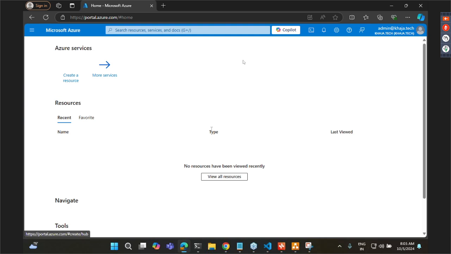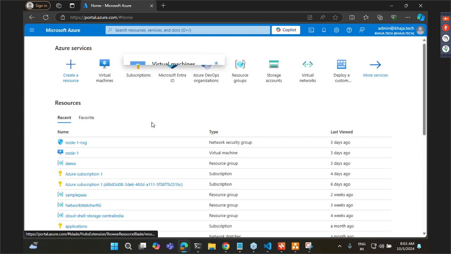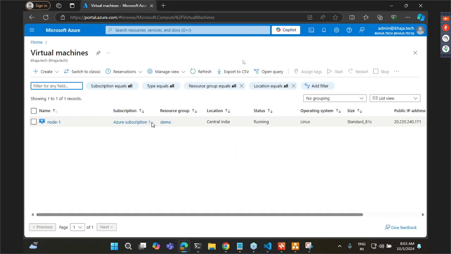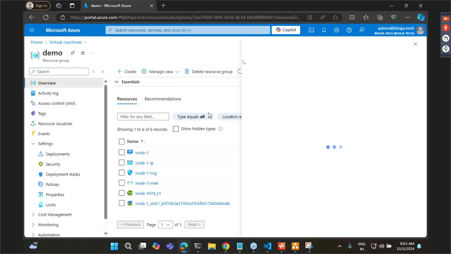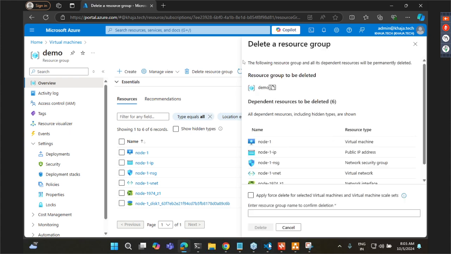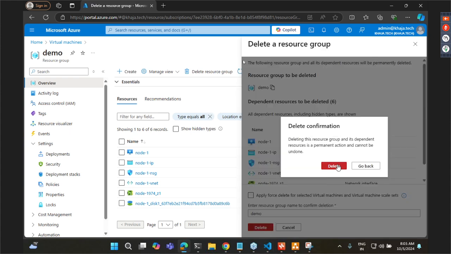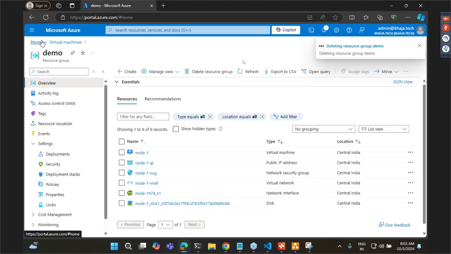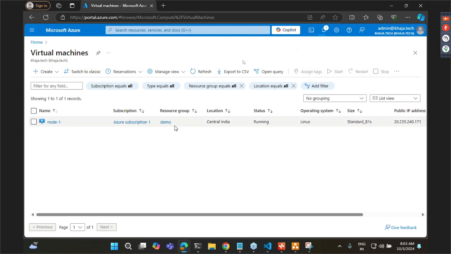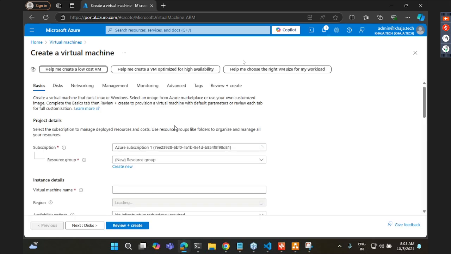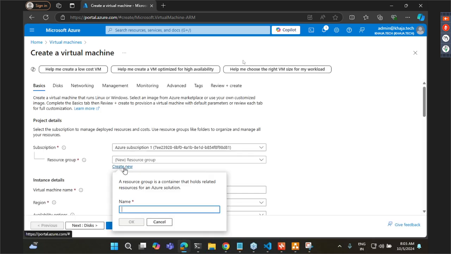So now I'm doing exactly the same thing, but this time I'll use Azure. So let me go to virtual machines. Create a virtual machine and let me call it